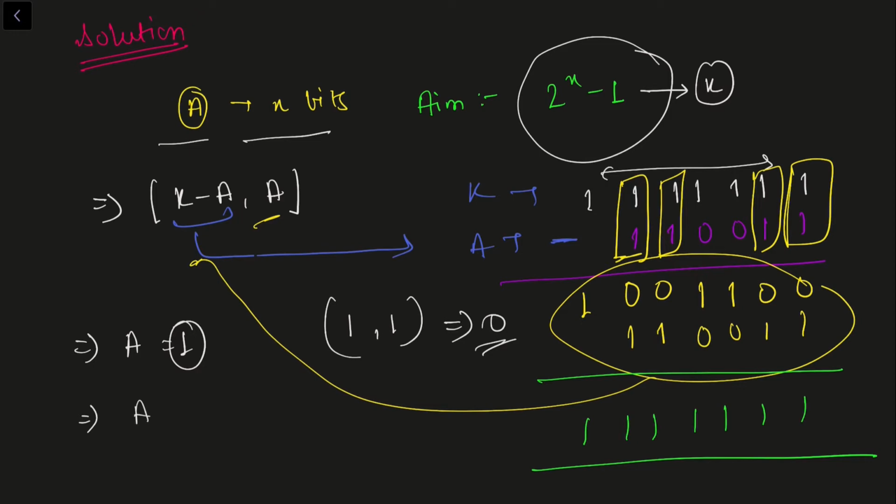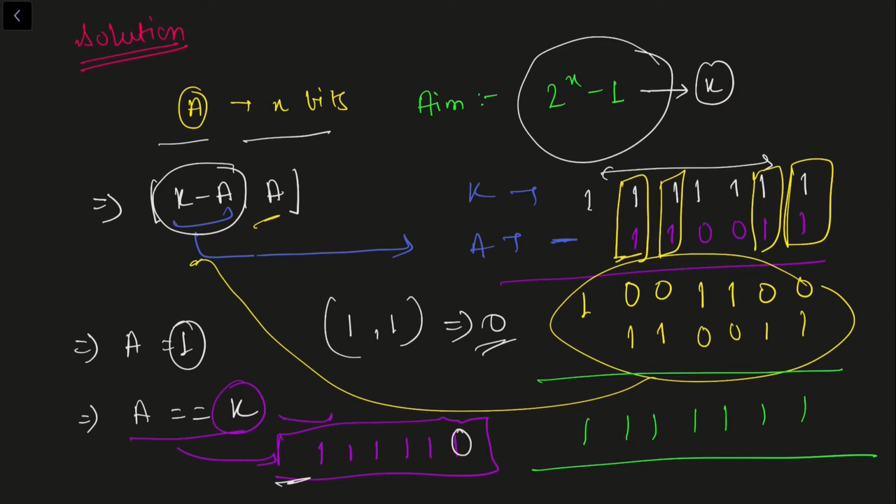Let's say our a is equal to k. Then in that case, k minus a will be 0, right? So we don't want that. Why? Because the range that we can operate in is from 1 to a, so we cannot use 0. So in that case, what I can do, I have one extra information here is that a also consists of all ones now. Why? Because k will also consist of all ones, and since a is equal to k, a will also consist of all ones. So in this case, what I can do, I'll just subtract it with 1. So if I'll subtract a with 1, I'll get 0 at last position.